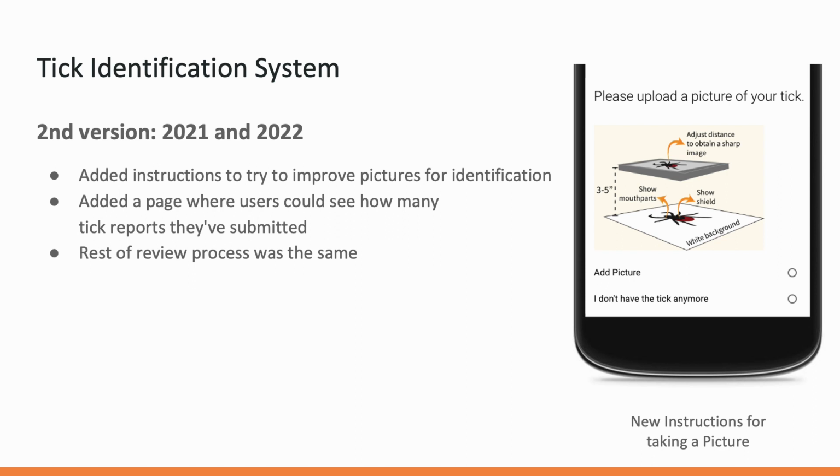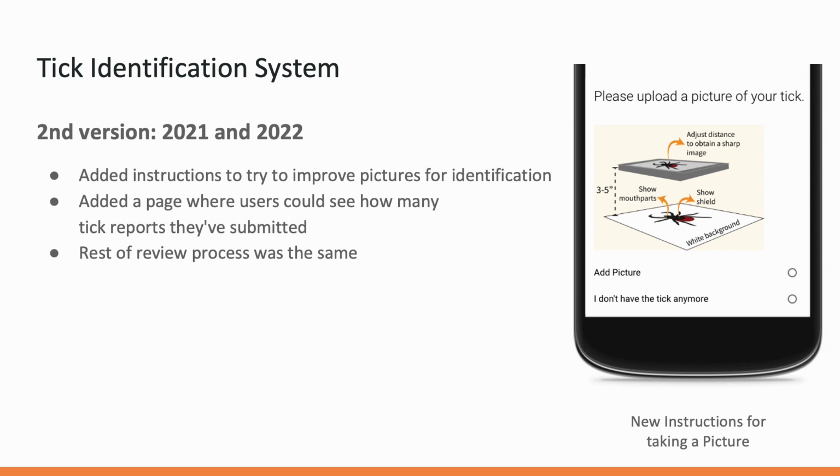We made occasional updates to the daily log and reported tick questions, but the first major update to the tick identification system came in 2021. In this version, we added some instructions, as can be seen on the right. These were designed to encourage participants to take pictures that clearly showed distinct parts of the tick that would be